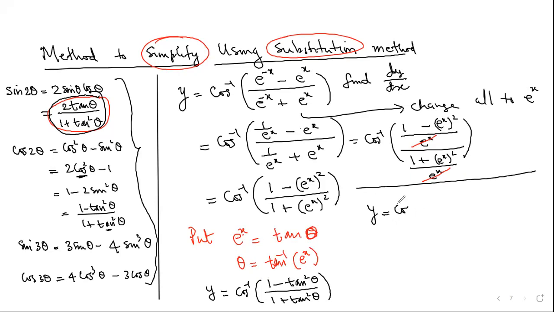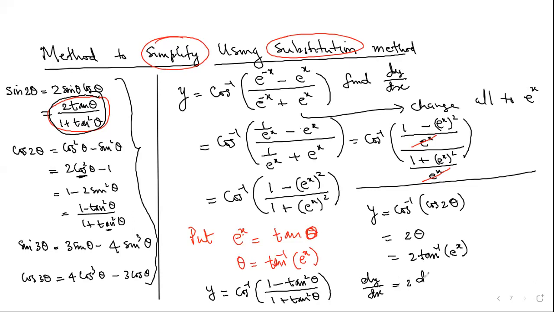Y is equal to cos inverse cos 2 theta. Yes, that is 2 theta. That is 2 tan inverse e raised to x. So dy by dx